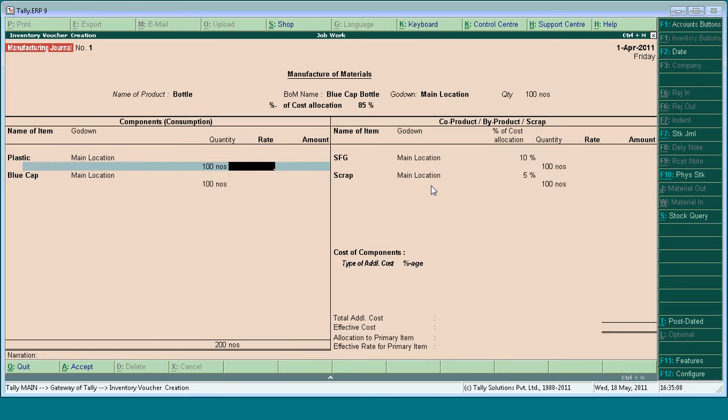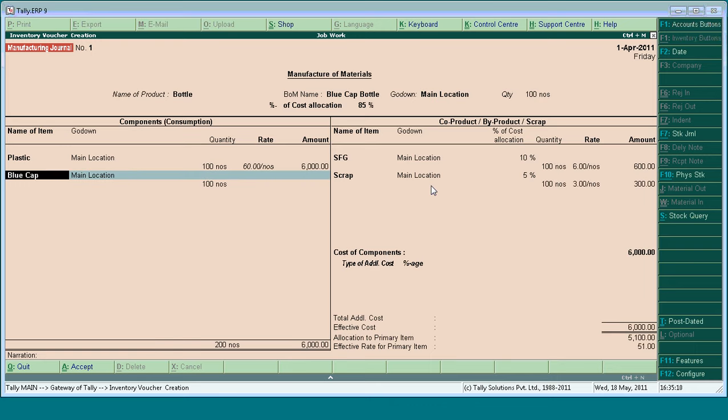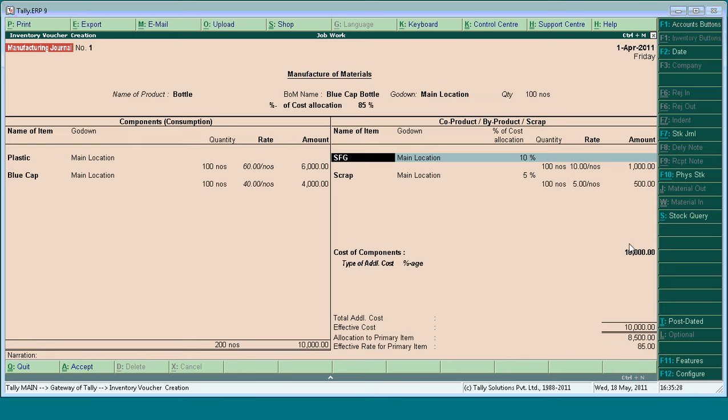So quantity is 100. I'm giving the same example: 60 rupees for plastic and 40 rupees for bottle cap. Okay. So here we can see the valuation is 10 rupees for SFG and 5 rupees for scrap. See, the allocation is not only with respect to